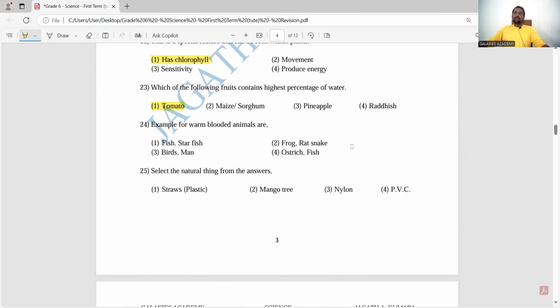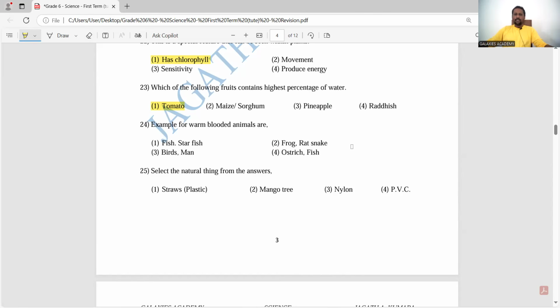Among warm-blooded animals, the examples we can get are birds and mammals, right? Birds and mammals. Other groups, fish, reptiles, amphibians, can change the body temperature according to the environment. So we call them